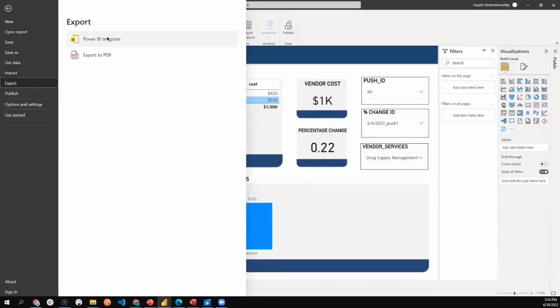Exporting the current report as a Power BI template or a PDF. The manager can also publish this into any of the workspaces so that